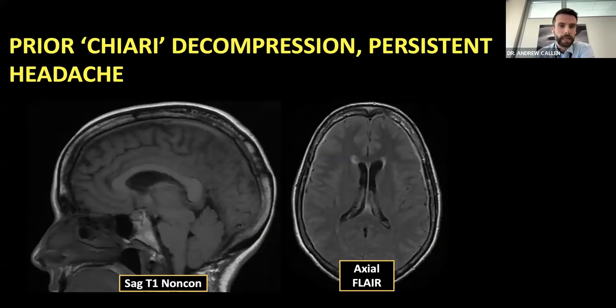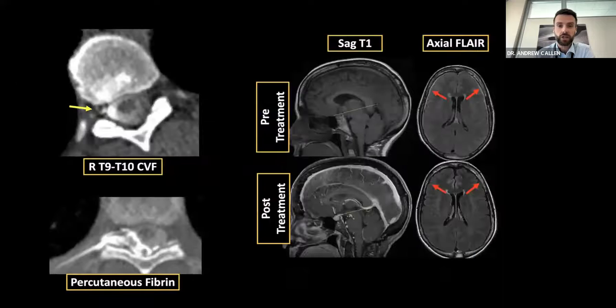So this patient came to us complaining of persistent orthostatic headache after a Chiari decompression. We unfortunately didn't have her preoperative imaging. We could see right away that there are features of SIH here. There's sagging of the posterior fossa contents. There are even subdural fluid collections here. So we said there's no way to know whether you may have had a Chiari malformation at one point, but you certainly have SIH now. She indeed had a CSF venous fistula on the right at T9-10. We performed occlusion of that fistula using percutaneous fibrin, and lo and behold, her MRI brain changes reversed,